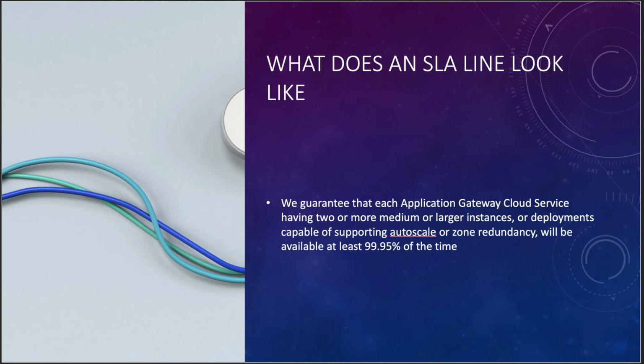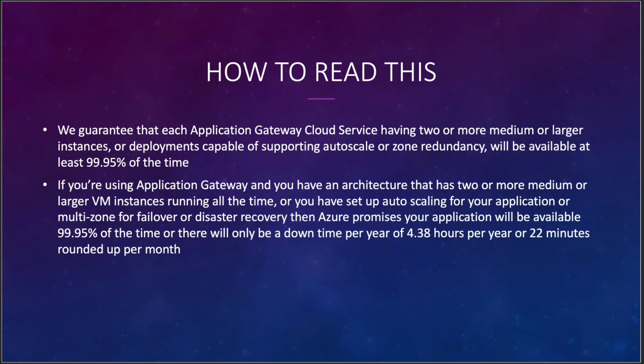The SLA is: we guarantee that each Application Gateway cloud service having 2 or more medium or larger instances or deployments capable of supporting auto scale or zone redundancy will be available at least 99.95% of the time. That sounds pretty good, but there's a way to read this and understand how that works. So we guarantee that each thing meeting these conditions that has failover set up will be available at least